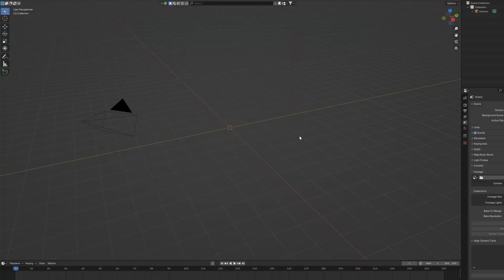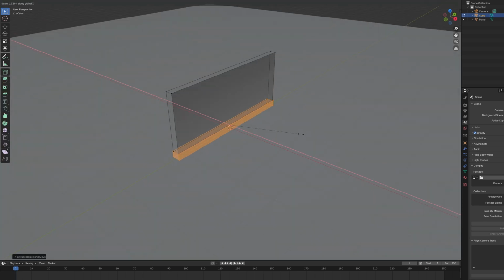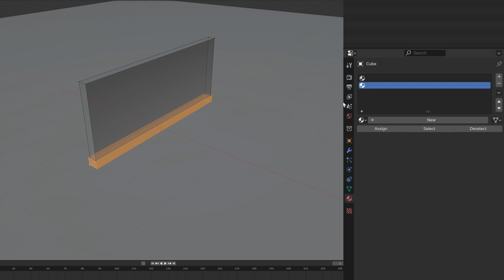Okay, delete the cube and light, add a plane and scale it up to something large. Add a cube, go into edit mode, squeeze it and stretch it out a bit. Add a loop cut near the bottom and then extrude that part out a bit. Add 2 materials to the wall you just made, assign the second one to the bottom part and change the